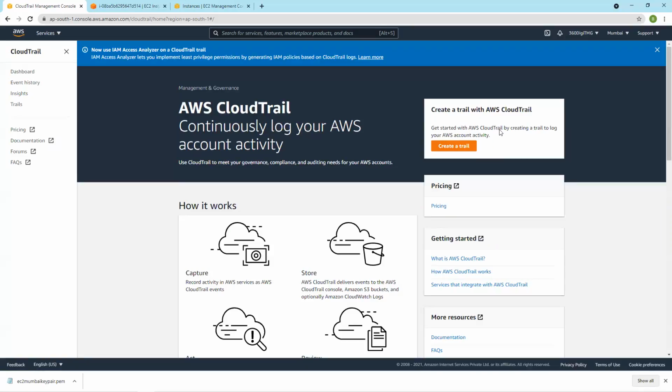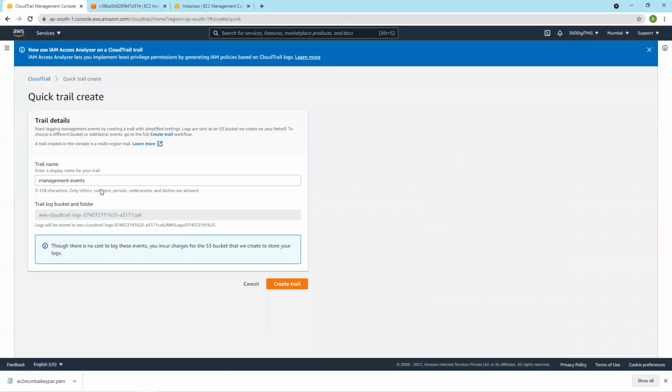So get started with AWS CloudTrail by creating a log of your AWS account activity. Create CloudTrail. Management events, and there are two types of events: management events and data events. Management events are high level and less in cost, whereas data events are a bit expensive compared with management events.